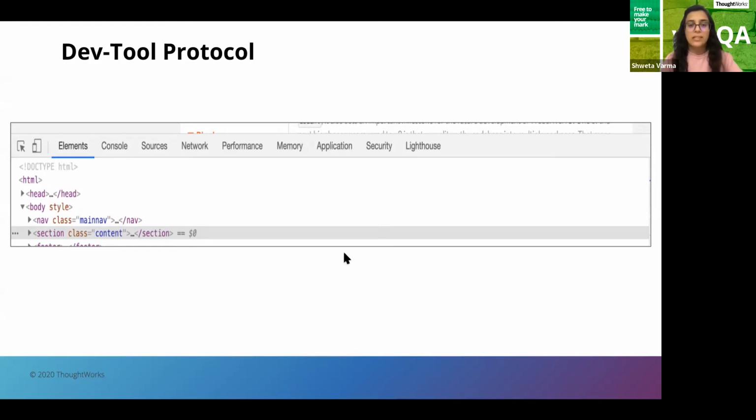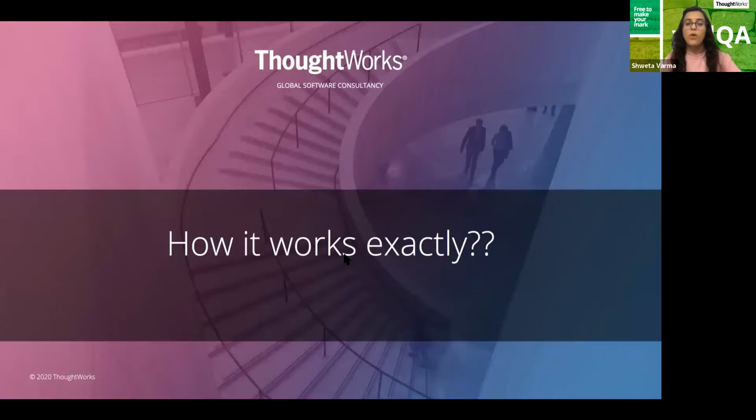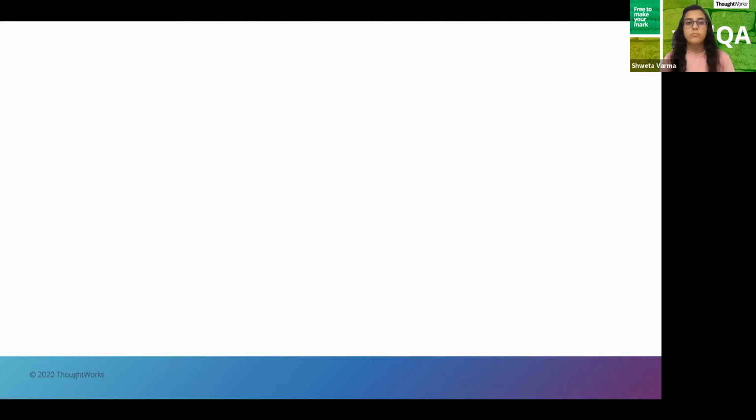So let's move on. Now we have talked about what WebDriver IO is. We have seen that it has various capabilities. It has some very sparkly points and all. But how does that work exactly? How does the execution happen? How is it that easy? What is the difference? So let's consider.